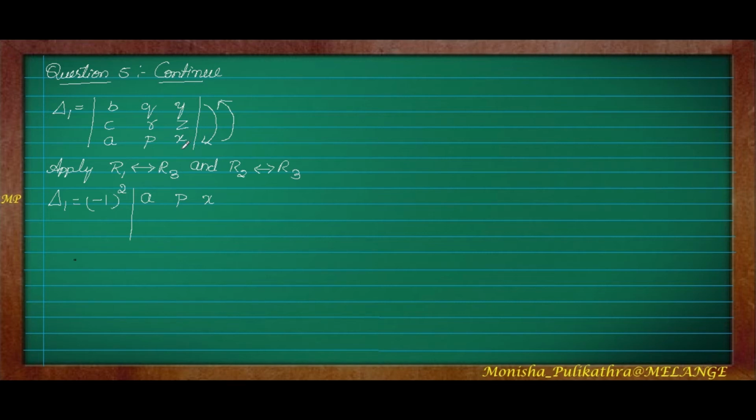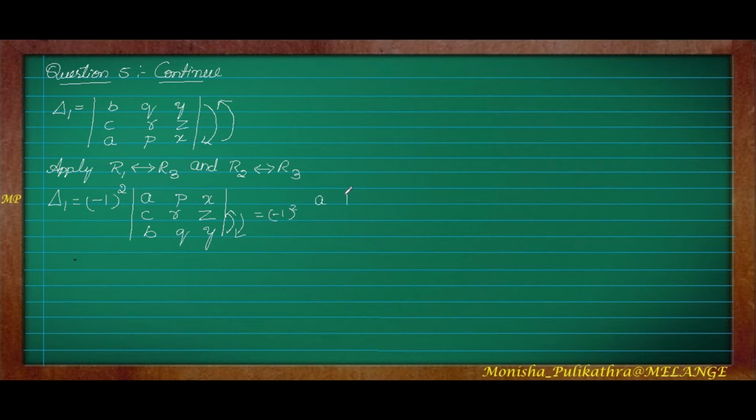But here one more thing we have to do. We have to convert R2 to R3. Okay, I will do it twice. That is CRZ write as it is and BQY came here. But we have to do the interchange two times. APX to BQY we have changed. Again CRZ, R2 to R3. R2 and R3 we have to interchange. Here also we have to interchange. So here only one time you have to put minus 1 because only one time we have done it. The two rows interchange should be done simultaneously, not step by step. Simultaneously you can do that. So here minus 1 whole square.